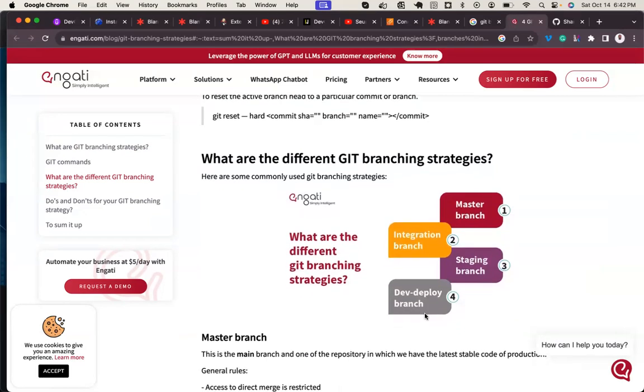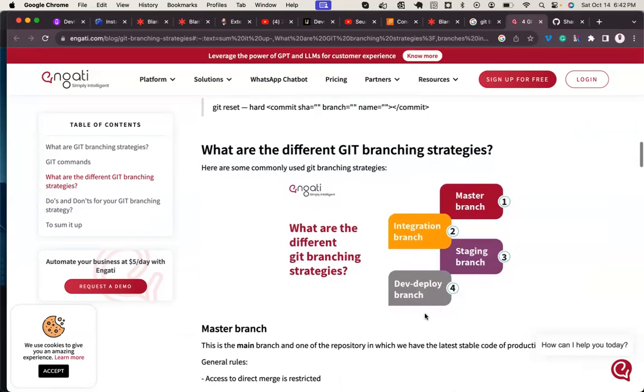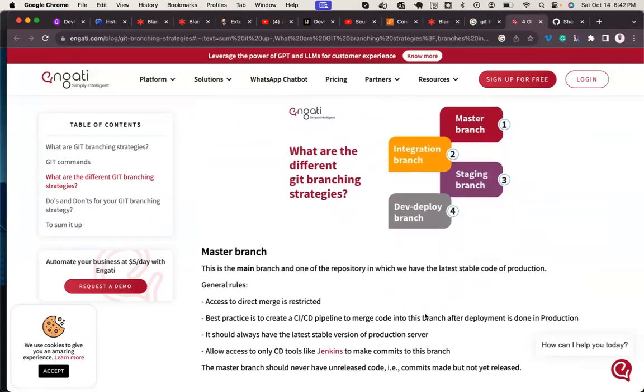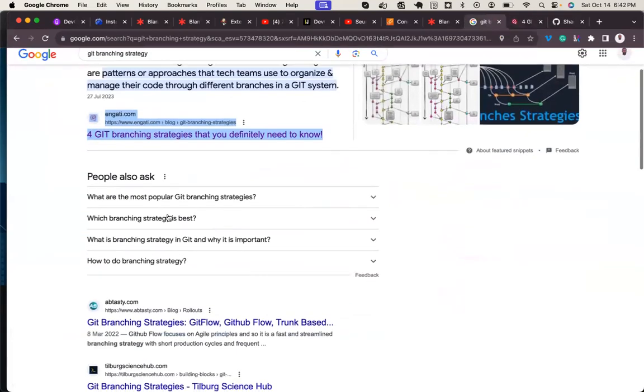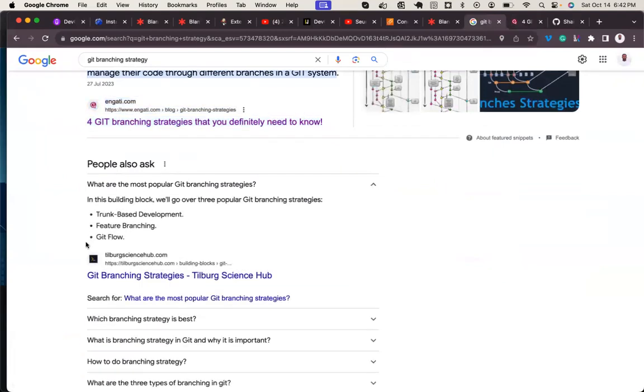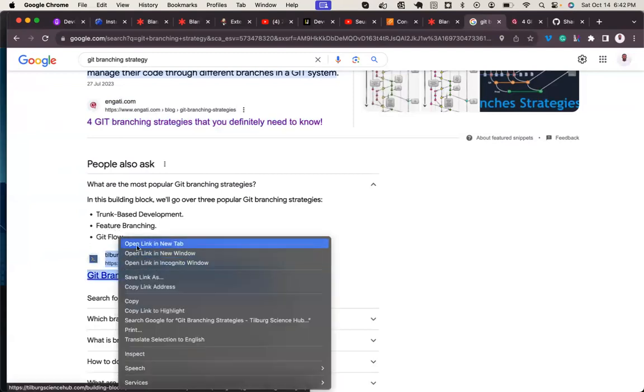There's something I need to show us. This is correct too, but there's a naming convention. Let me check other sources. What are the most popular Git branching strategies? Okay, this is what I need to see. Trunk-based development, feature branching, Git flow.